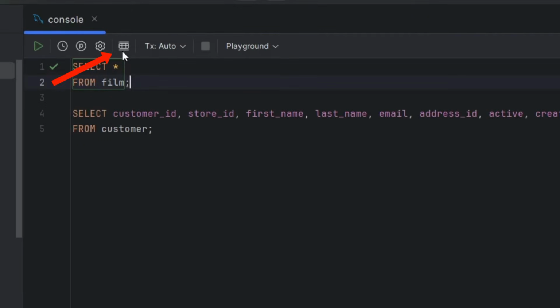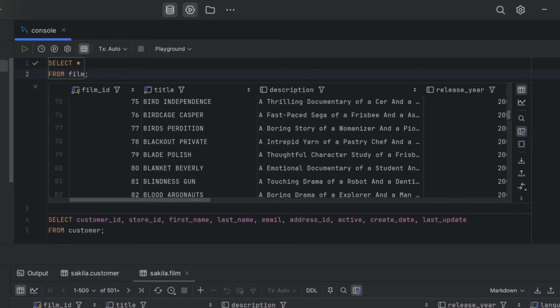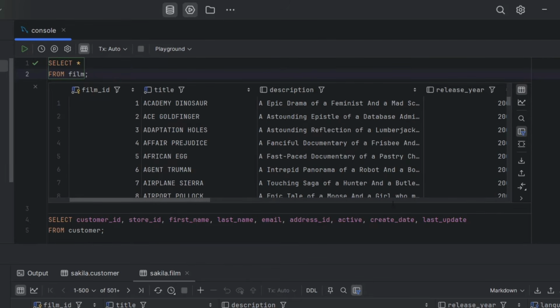There's a handy feature in DataGrip called In-Editor Results. You can click this button on the toolbar and enable it. With this enabled, let's run a query. We do this and we can see a results panel appear under the query. There's a lot we can do here. We can scroll these results, search the results, add filters and export the data. It's a pretty handy feature.